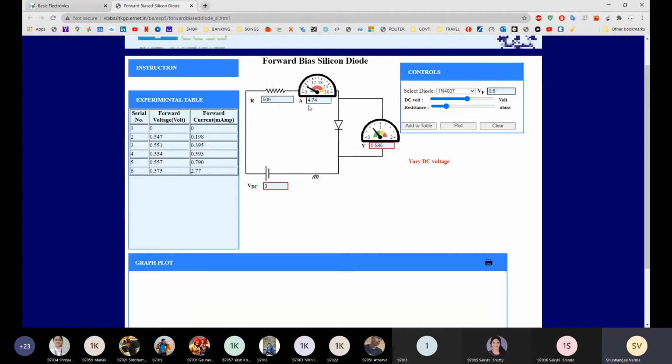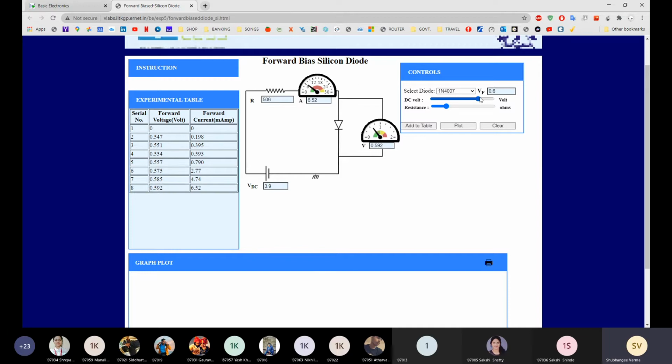For 3 volt, your reading is 4.74. Add it to the table. So see over here, student, your current starts increasing. It's an exponential increase. Now make it 4 volt. And take the reading. The reading is 6.52 and voltage is 0.592. Add to the table.